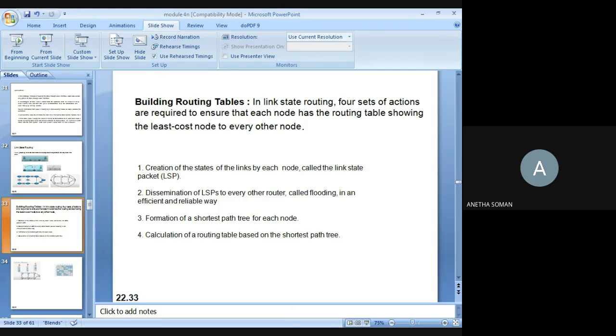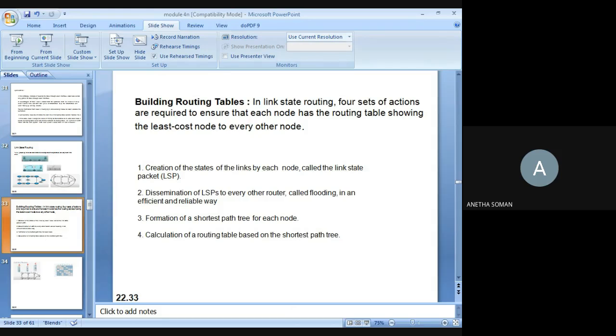Phase 1, you can call it flooding. Now, in flooding you can have 2 states: an initial state and a final state. At the initial state, at the beginning of the flooding process, each node knows the cost to its neighbors only. Once the final state is reached, each node knows about the entire graph. So flooding has 2 stages, the initial stage and the final stage.